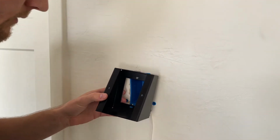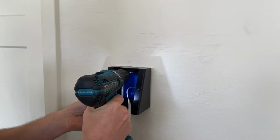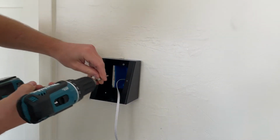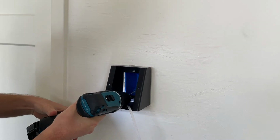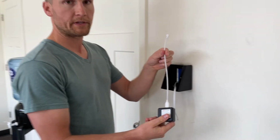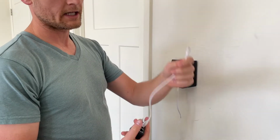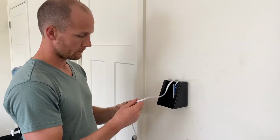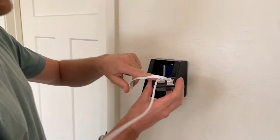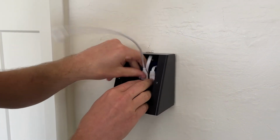And actually, I need to get my Cat 6 through. So it's installed. Got our PoE unit ready to go. We're just using a 6-inch lightning cable for an iPad mini. So we can go ahead and connect our power. And so we're live. This is a hot line. We can tuck all that back up in there,